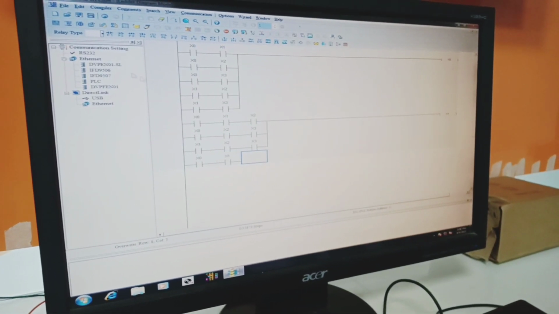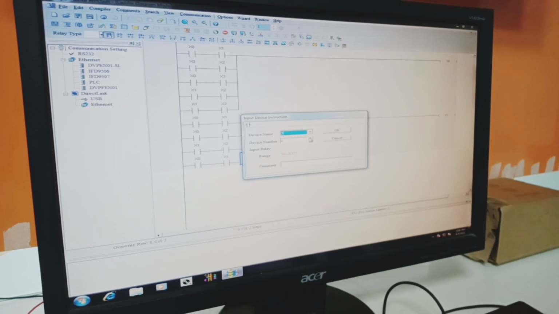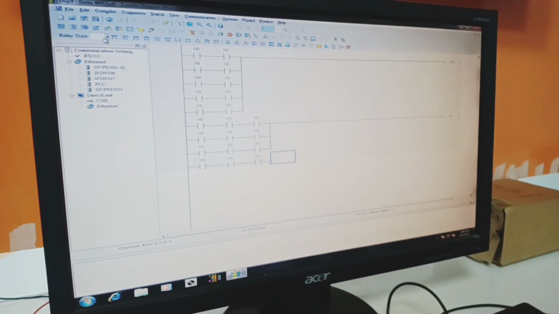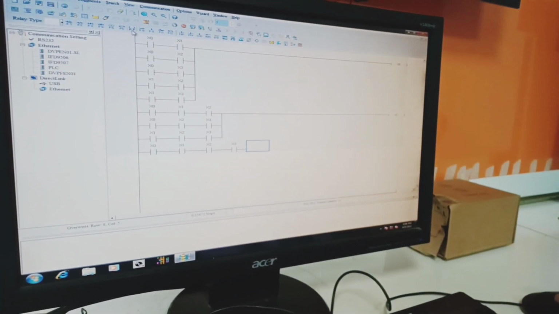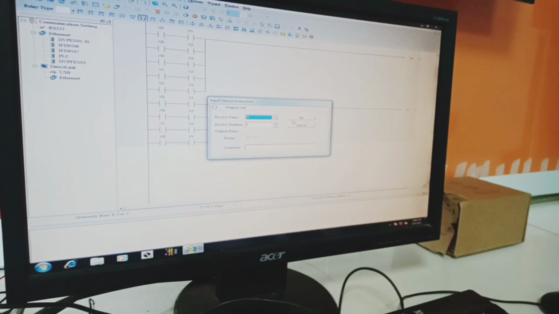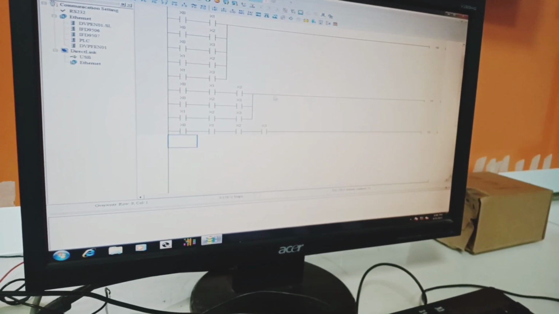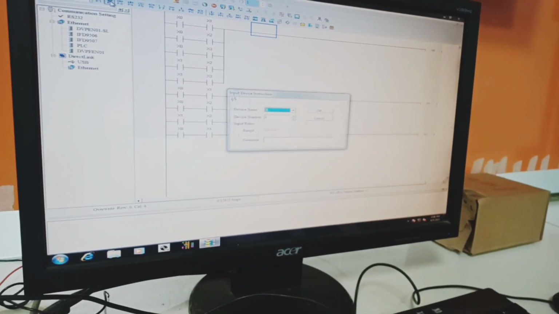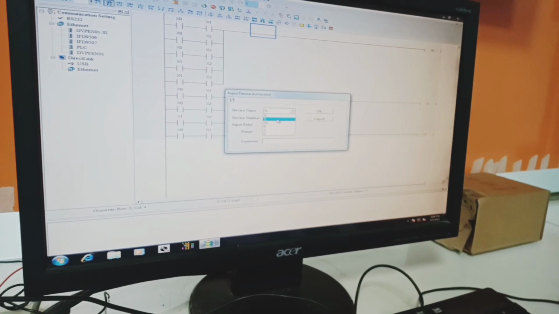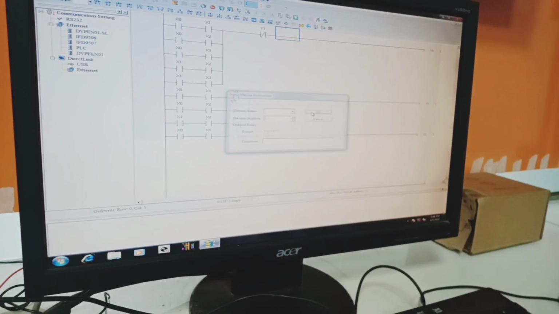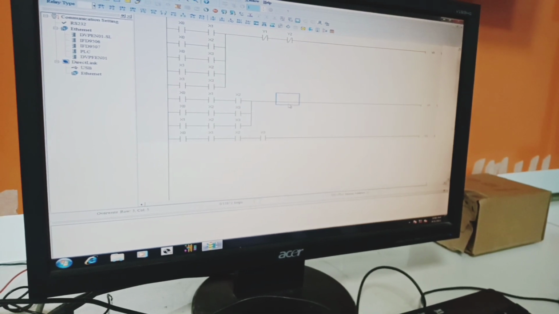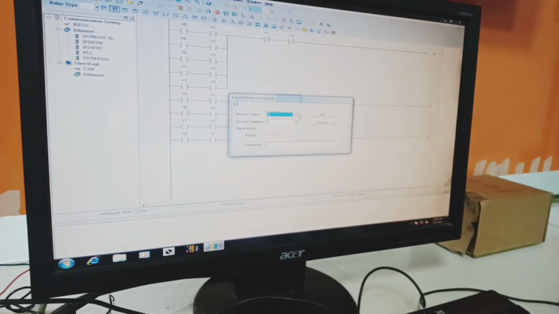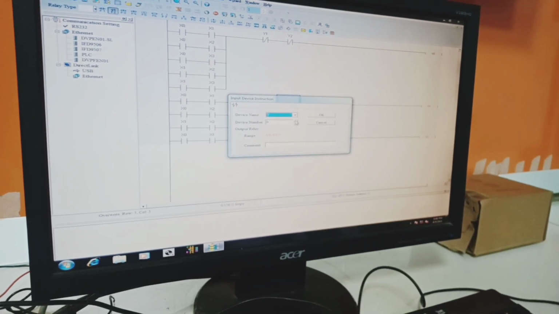The third condition is very easy. We only connect all four switches in series, as you can see, and then we connect a load. Here this is our third condition. The third condition is that when we press all 4 switches simultaneously, then the third output will turn on, and so that at once only one output will be on, we connected the NC of the other outputs. This prevents the others from running at the same time.